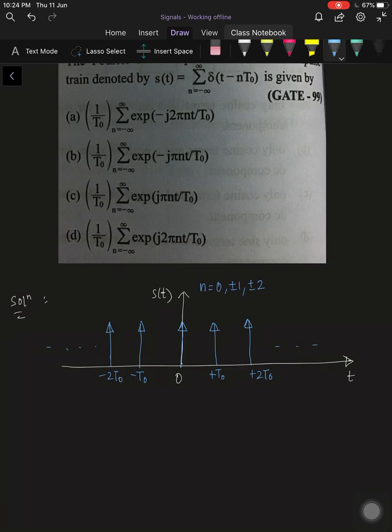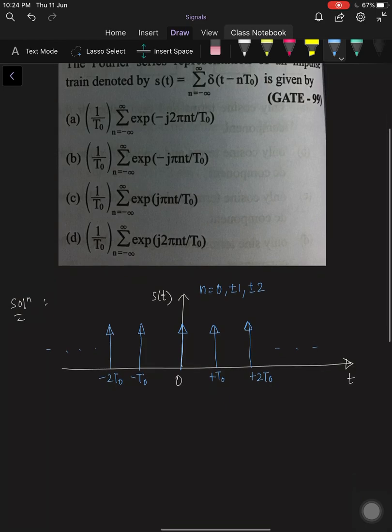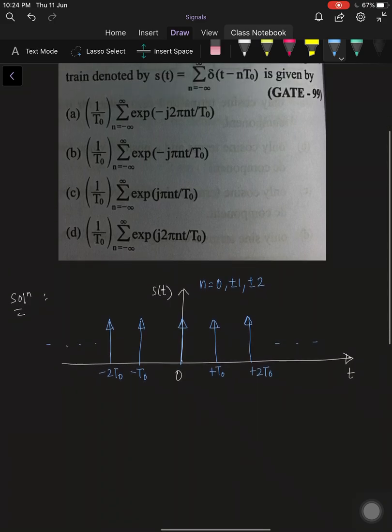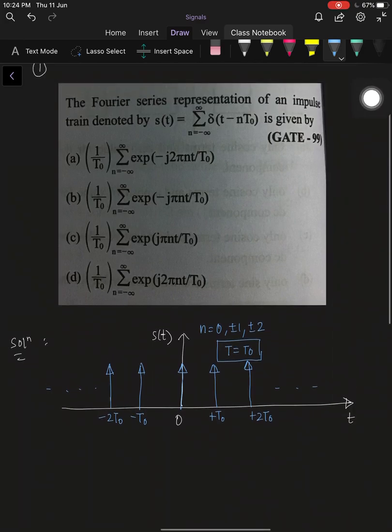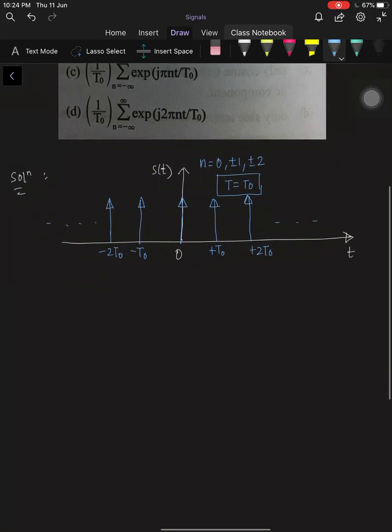So whenever they give such a function, it is better to first expand it for a limited number of n. Say for example some 2 or 3 values will be sufficient. Now we see that S of t is a periodic function with period T equals t naught. Now we are asked to find the Fourier series representation of this, and by definition we know that